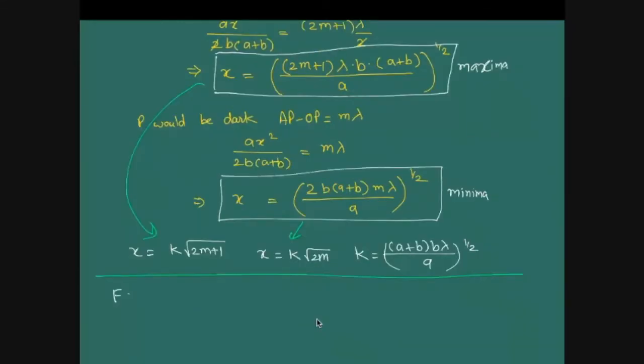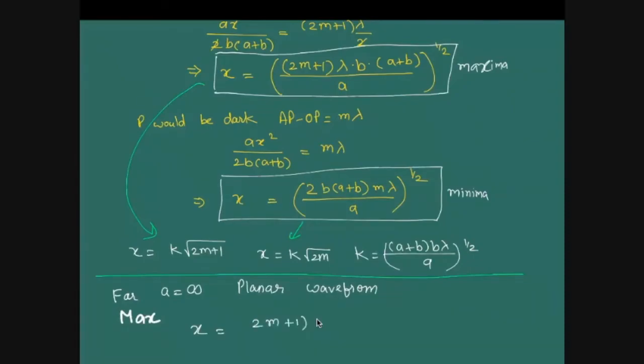For a equals infinity, for planar wavefront. Let us rewrite the maxima and minima condition again. So I will have the max condition modified as x equal to, now what I am doing? Now I want to eliminate a from my equation. But you cannot do that right away because it is divided by a. So what I will do, I will rewrite this x equals in a different form.